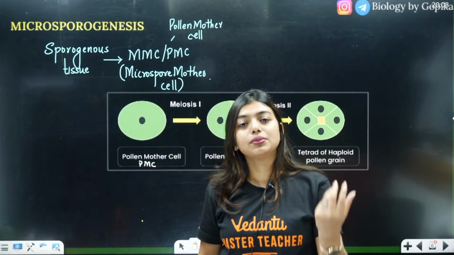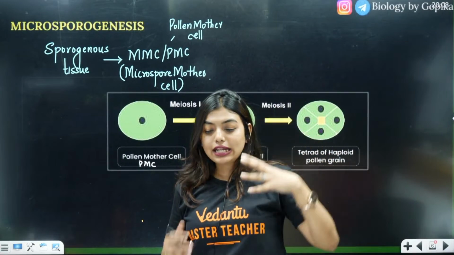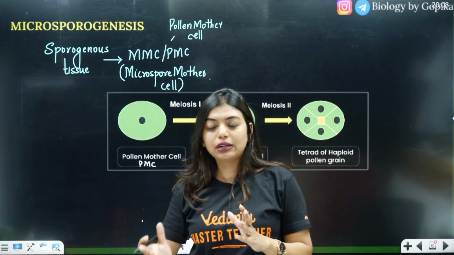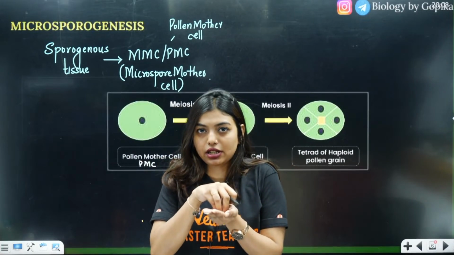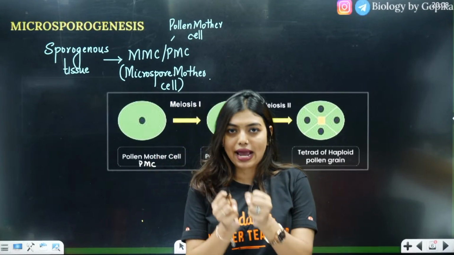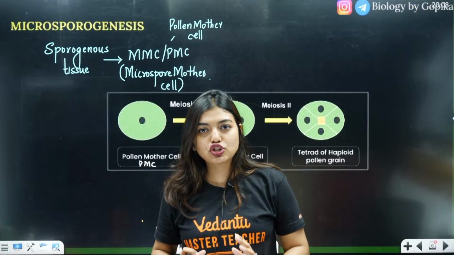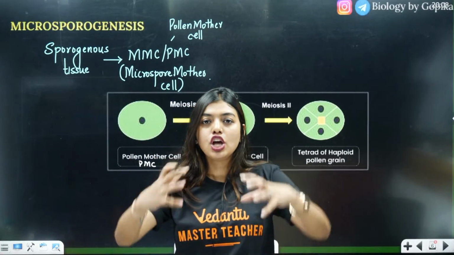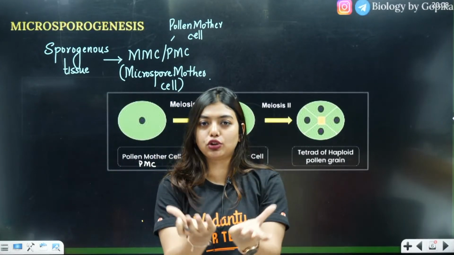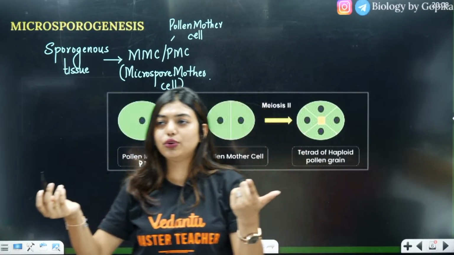Why are we doing this? We are doing this so that we can form the male gamete. Now I'll tell you the difference between male gametophyte and male gamete. Male gametophyte is going to have the male gamete. Let's say one bag is there, inside the bag you have a chocolate. So will you call the bag itself a chocolate? If someone asks you for a chocolate, will you give the bag? No, you will give the chocolate inside the bag, no? So the bag is going to be the gametophyte. Inside that, your male gamete is going to be there. Is this clear to all of you?